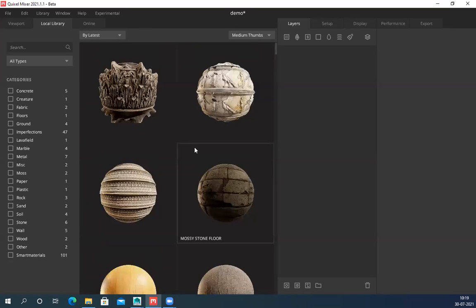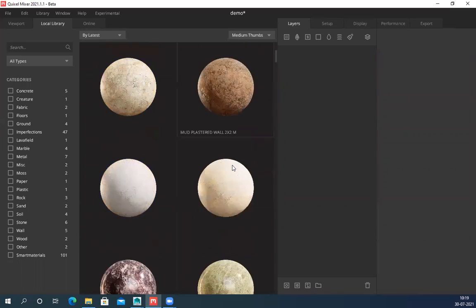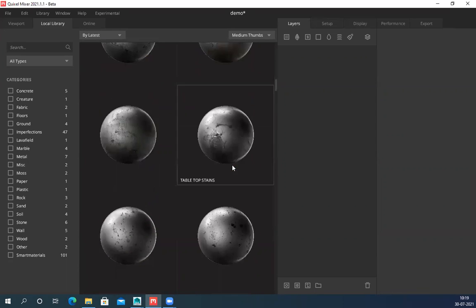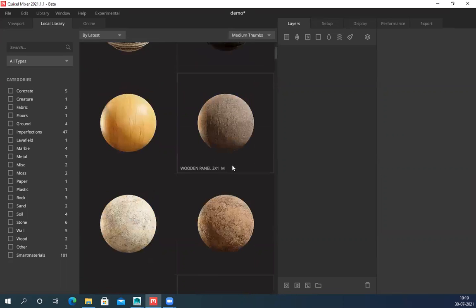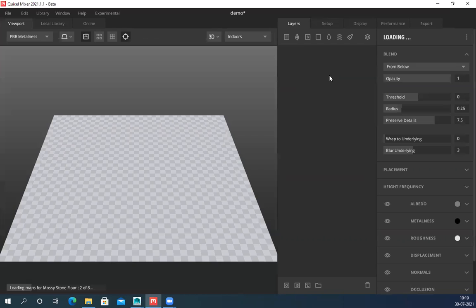Now I need to create a base. It's like a rocky structure. Let's see what else I have here. Oh, I don't want all this. Let's keep it simple. Let's drag and just drop it. It will load. See, it's loading all the maps.